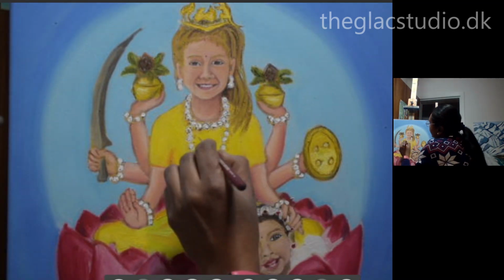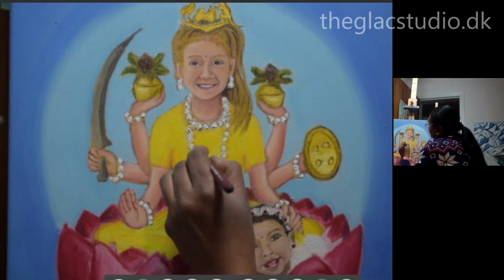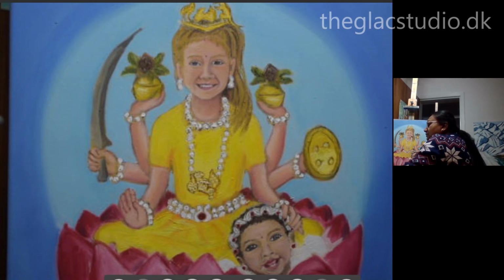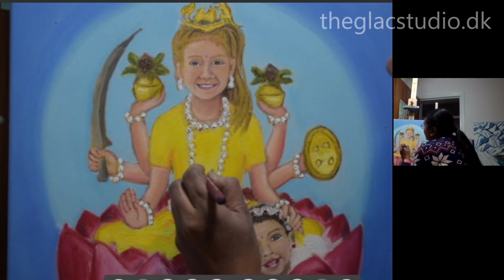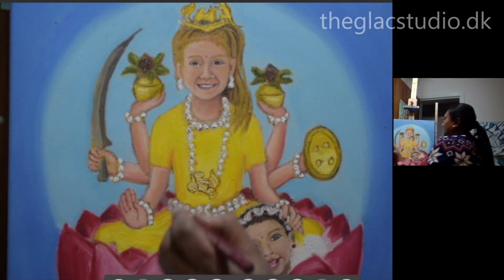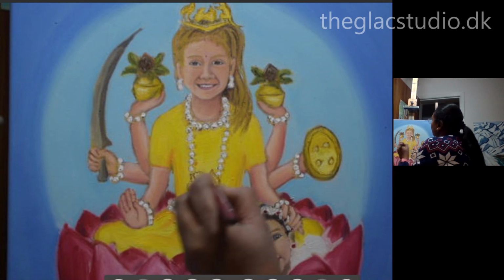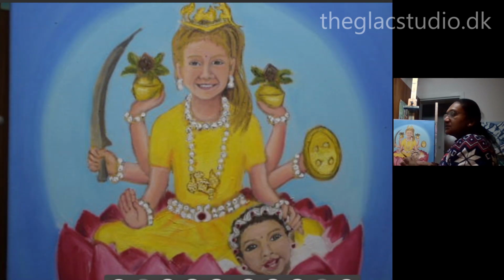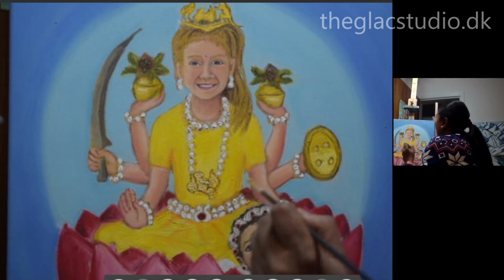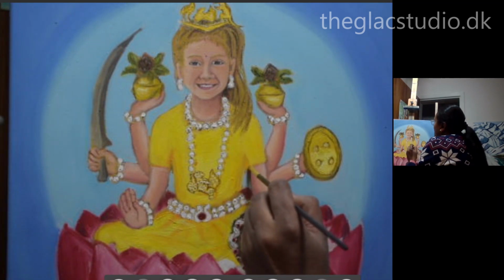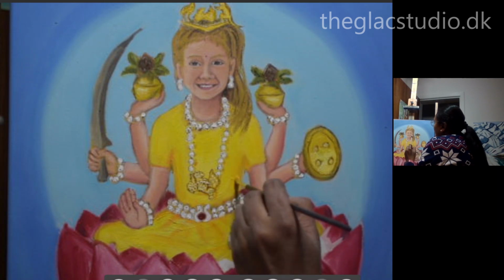So I have decided to give the pearls their shadows in the same angle. And then I wanted this, going back to the same brush number 1, to take this color through to shade a little bit in the armpit area and the,